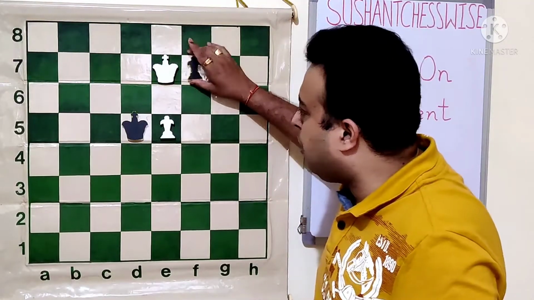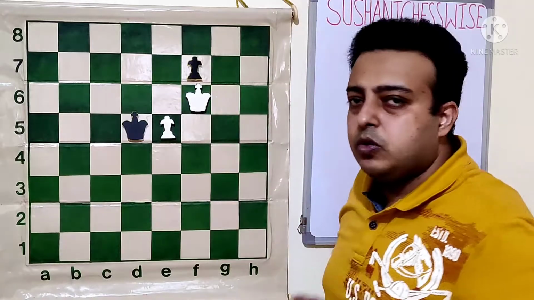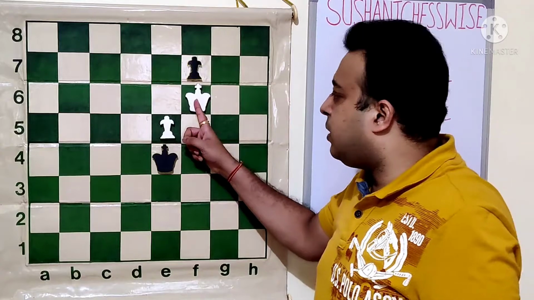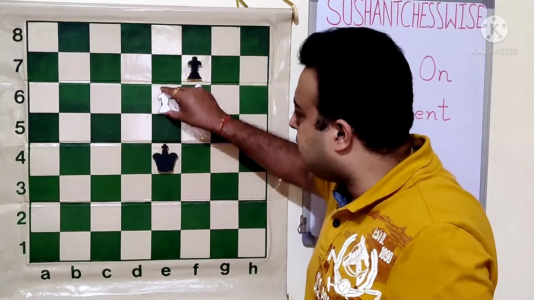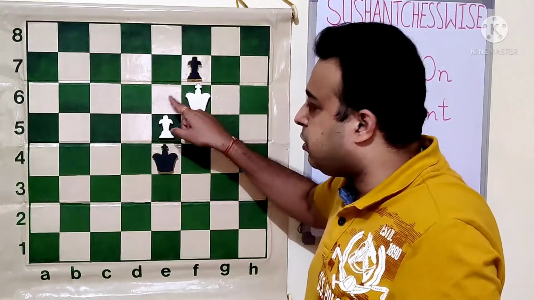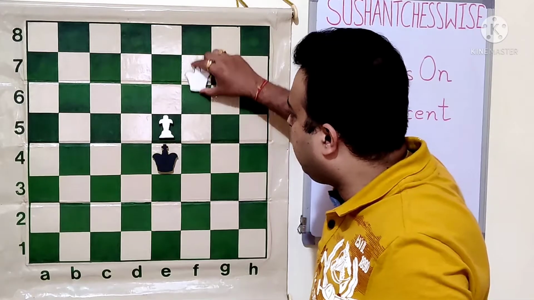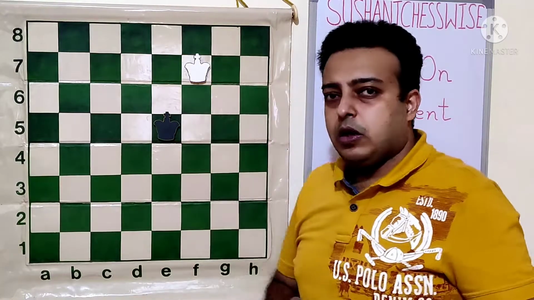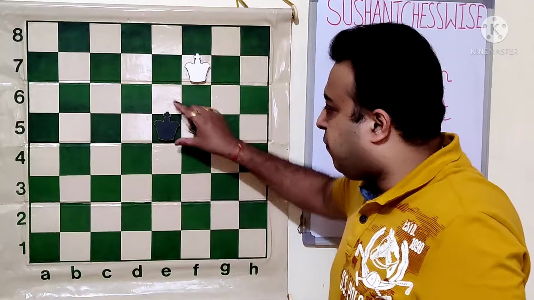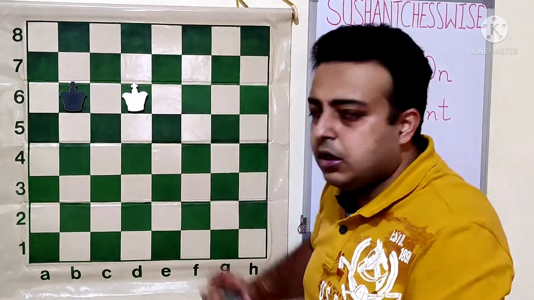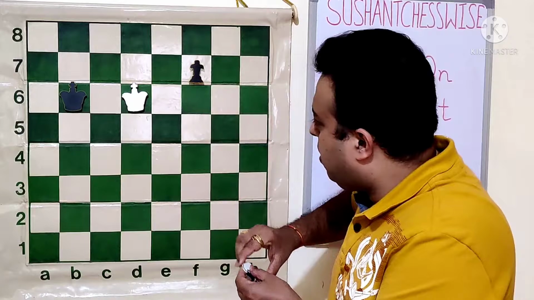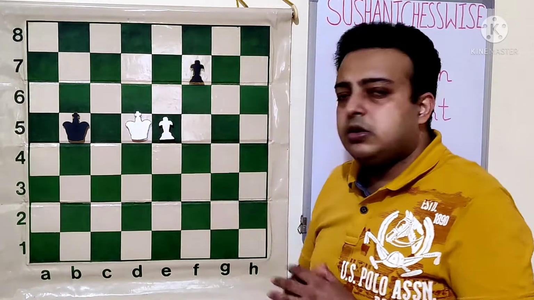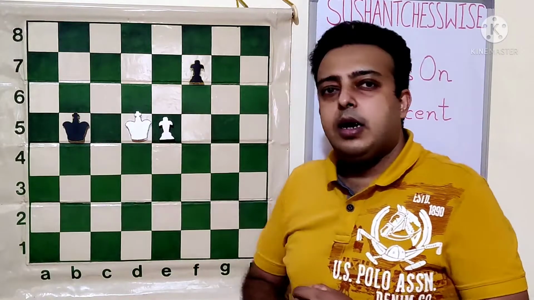So white can try the only move king f6, to which black will also keep the pawn attacked. Now the king has no place to protect the pawn. If he plays e6, there will be an exchange of pawns and a drawn position. And again if king f7, then king takes e5 and the position is drawn. So in this case, at first when we had this position, it looked like a very difficult task, but black manages to hold the game because he is able to attack the pawn.